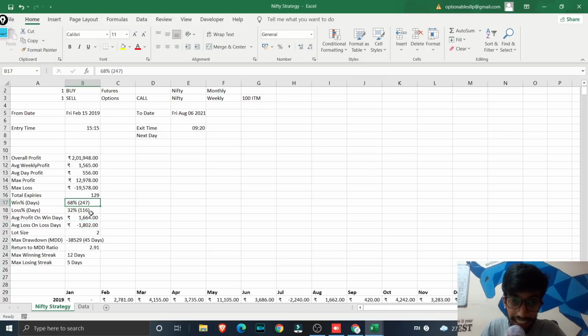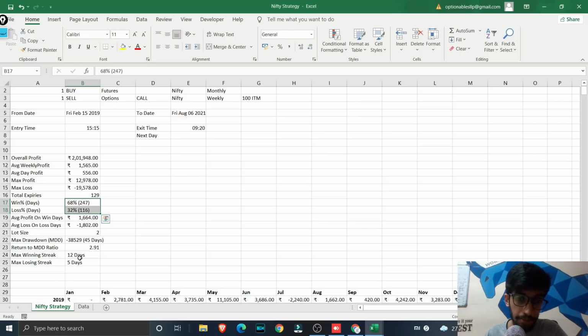And you can see that your winning probability is very close to what you have calculated, that is 70%. So you can see that everything started from a simple data analysis, and this strategy also gives you 70%. If you maybe put in Thursday as well as Wednesday, the data is actually going to be 70%. Since we have only taken 3 days, the data is somewhere very close to 70%.